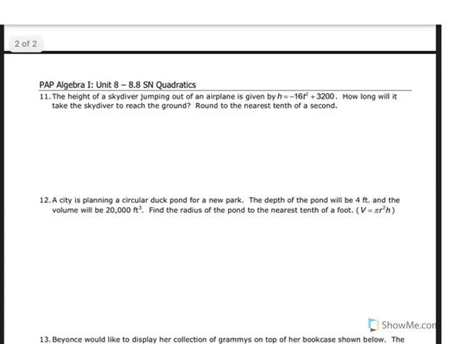Okay, the height of a skydiver jumping out of an airplane is given by this function. How long will it take the skydiver to reach the ground? This is very similar to the one about the sack of money. So we're going to be seeing how long it takes this skydiver to hit ground zero. So we're looking for